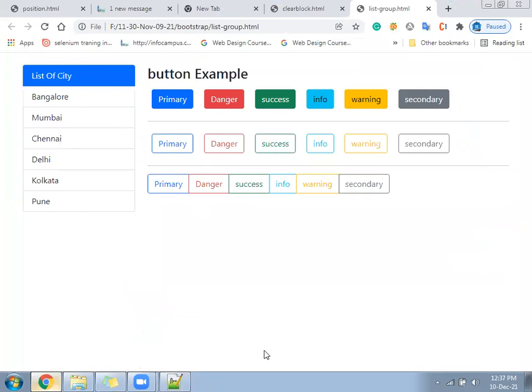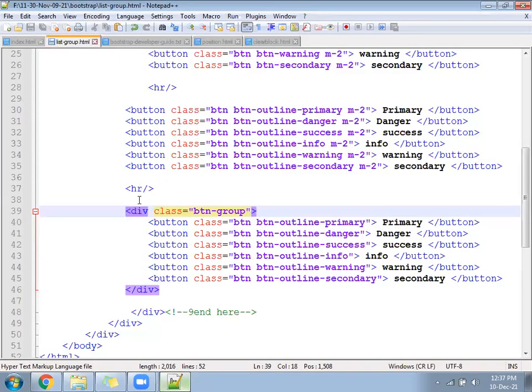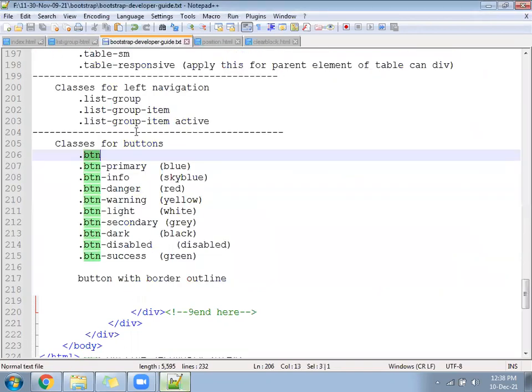Both look similar. Working. Next, we'll go to the developer guide and make a note of it.